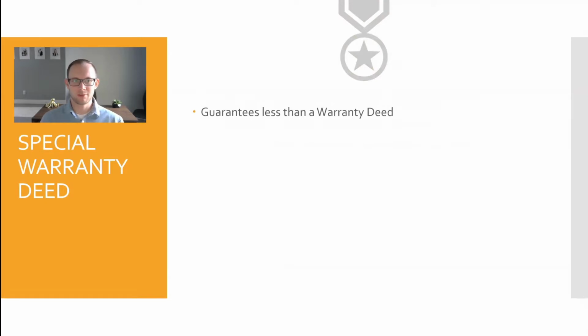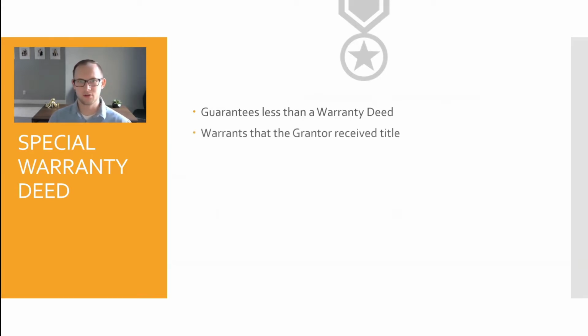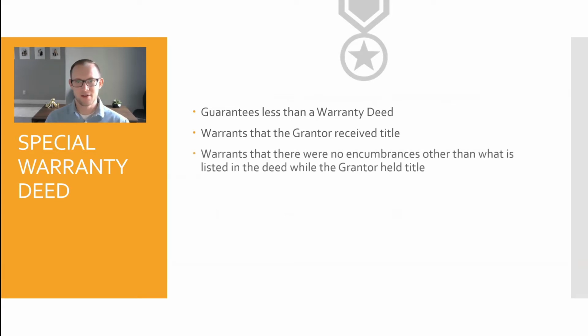Okay. Moving on to a special warranty deed. So a special warranty deed sounds like it might be better than a warranty deed, but it's actually just a tier underneath as far as what it grants. So it guarantees a little less than what a warranty deed would grant or guarantee. So it warrants that the grantor received title. So the person selling you the property, it's saying he did in fact receive title as far as he knows, and he warrants against encumbrances and all that other stuff that is warranted in a warranty deed, but he only does it